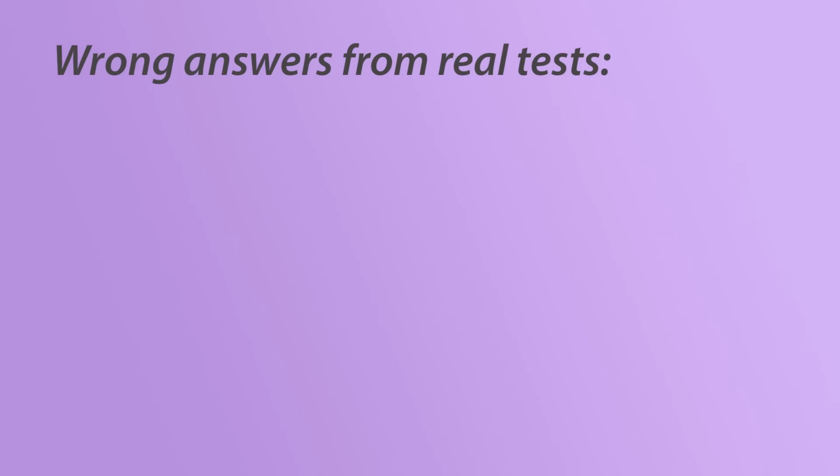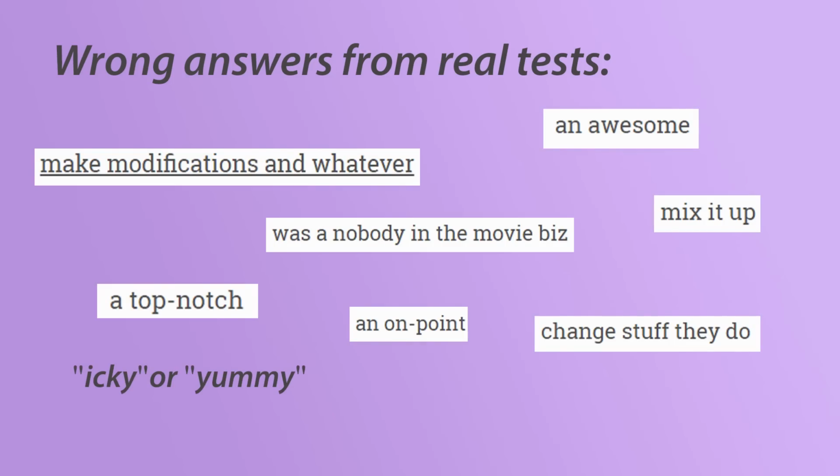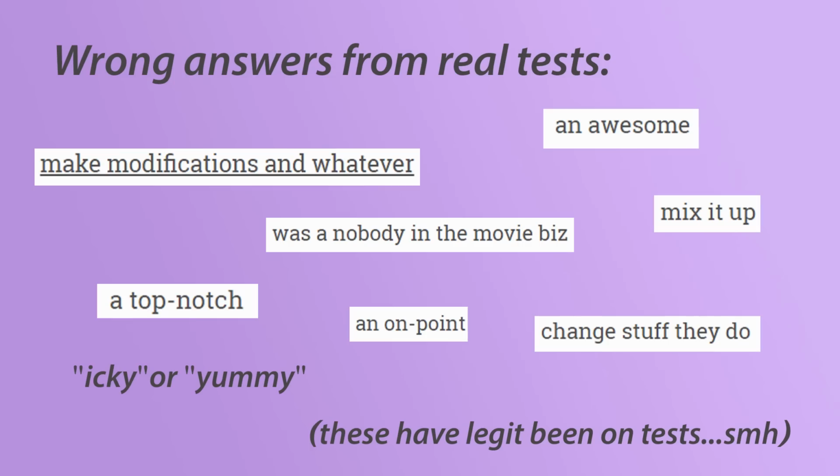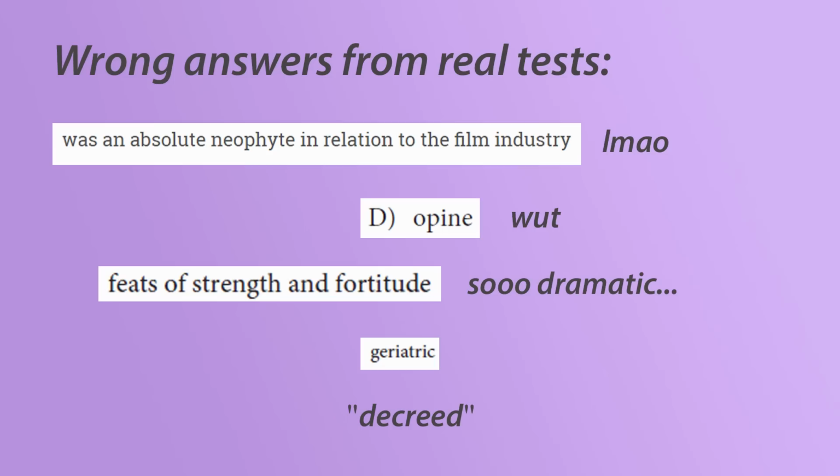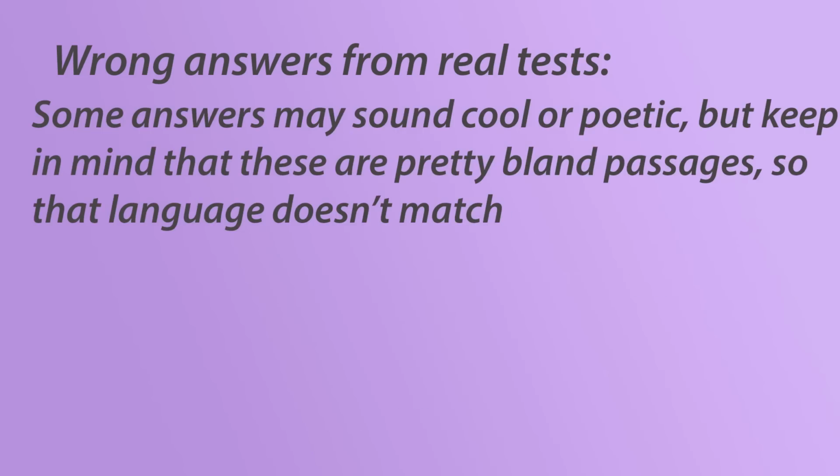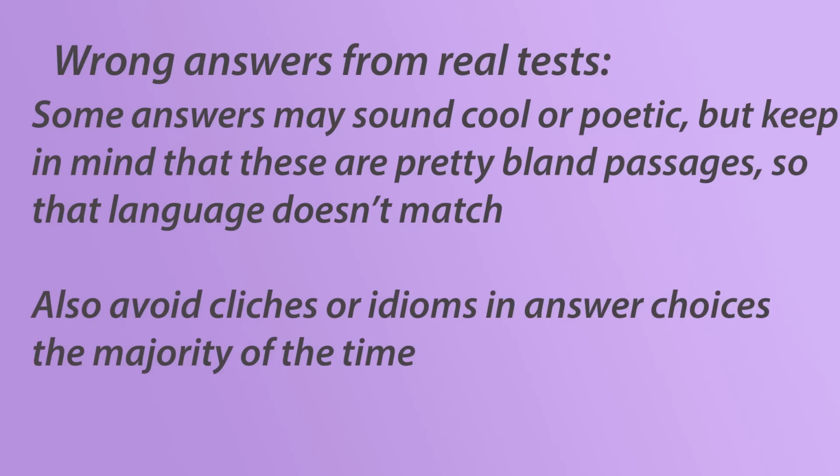There are going to be the way too casual sounding answer choices, which have words like things, stuff, or they include slang or sound too much how you would talk in an everyday conversation or to a young child. The other end of this is words like opine, neophyte, and decreed that are going way too overboard with the formality and old-sounding English, and they just stick out if you use them in the passage. Plug in each answer choice in your head, and the one that sounds the most normal is going to be the one that matches the tone of the passage.